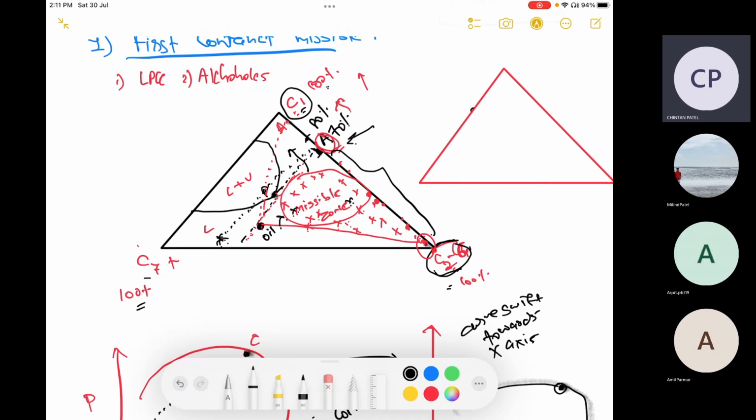Let's suppose this is my two-phase zone, and this is my plate point, and my oil is here, and I'm injecting this A. So what's happening here? Let's suppose if I connect these two, because what happens once this comes into contact,